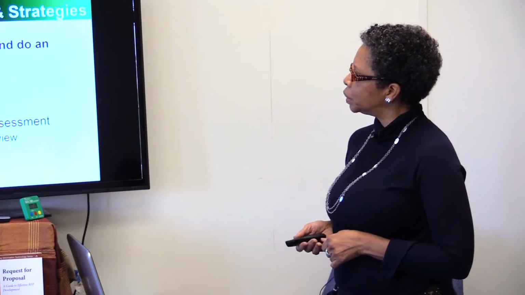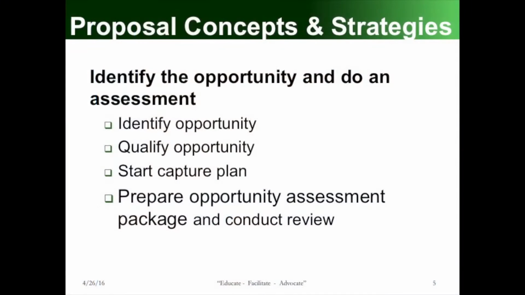So to identify the opportunity, this is the part that you start with in terms of looking at an assessment or doing your assessment for a proposal. When you see a link or you see a proposal out there, a solicitation, the first thing that you want to do is assess that. As an example, whether you go on FBO.gov or to DeKalb County or whatever your source, when you see a solicitation, the first thing you want to do is identify the opportunity, because here again,